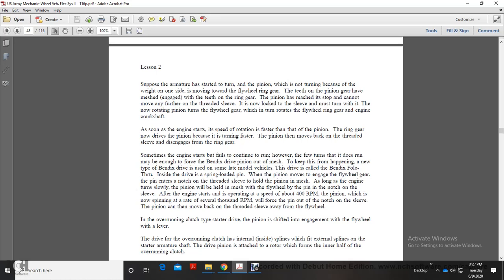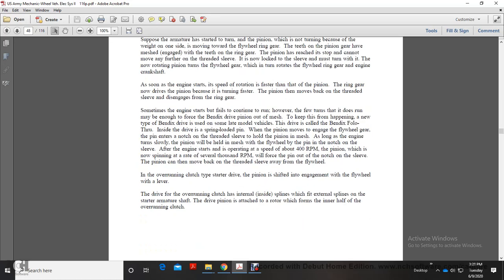flywheel ring gear. The teeth of the pinion gear have meshed and engaged with the teeth of the ring gear. The pinion has reached the top and cannot move any further on the threaded sleeve. It is not locked to the sleeve, but must turn with it. The now rotating pinion turns the flywheel ring gear,